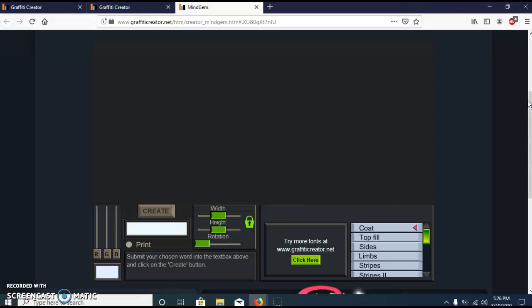I'll do a tutorial for every single font. Right now, I'm gonna start with MindGem. If you want to do another font, you could try, but I'm gonna be giving advice about MindGem first. So you press MindGem, then you see this. There you type in your graffiti tag. The graffiti tag has to go there. So mine is gonna be,